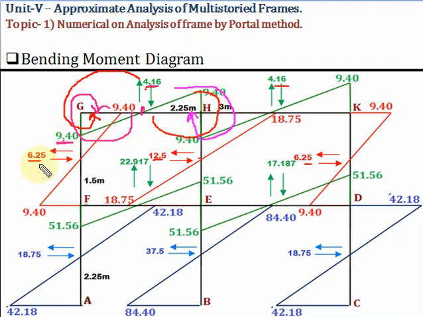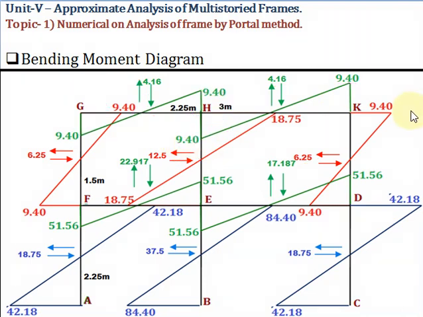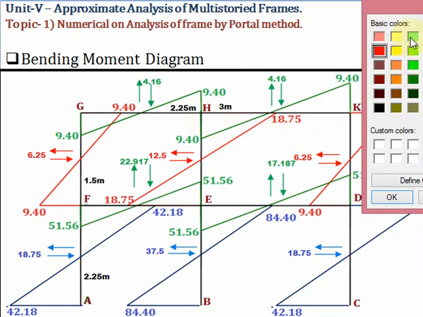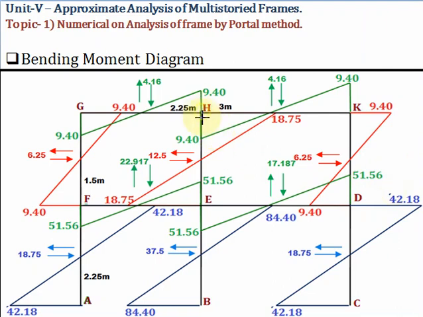Okay. Here and here the value will be the same, because we are considering the point of contraflexure at the center. Okay. Now how this diagram, here it is upward and downward, here I have shown. Now here, what is the force? 4.16, and what is the distance here? 3. So 4.16 into 3 will get the value, that is 9.4. Here it is 9.4. So you have to join by a straight line like this, and at the center the value should be 0.